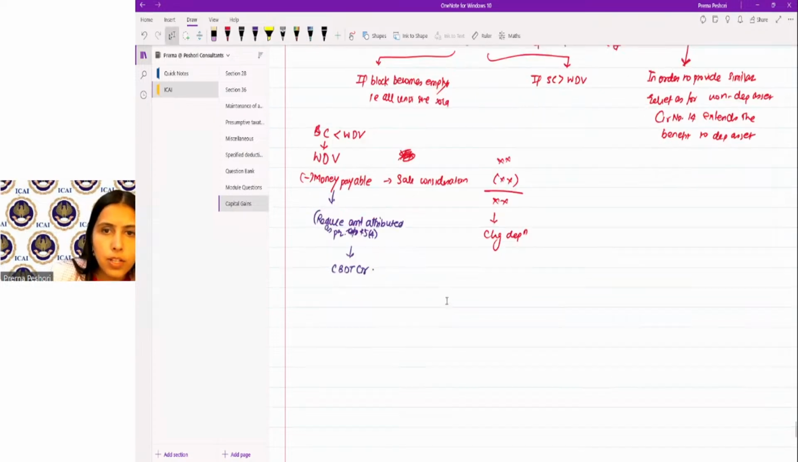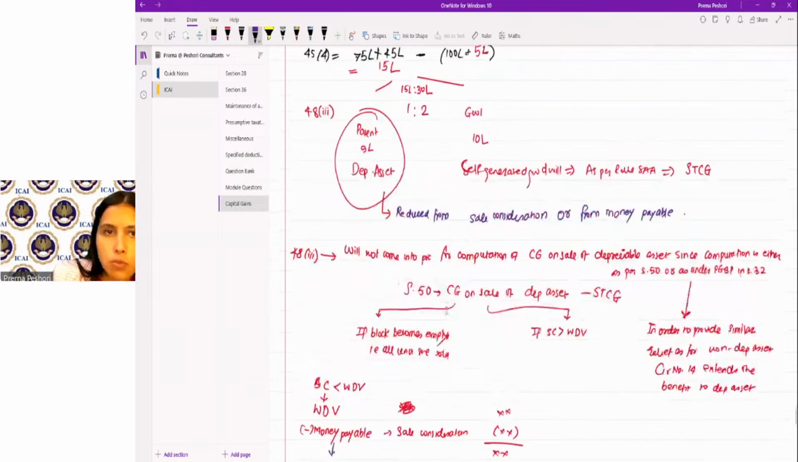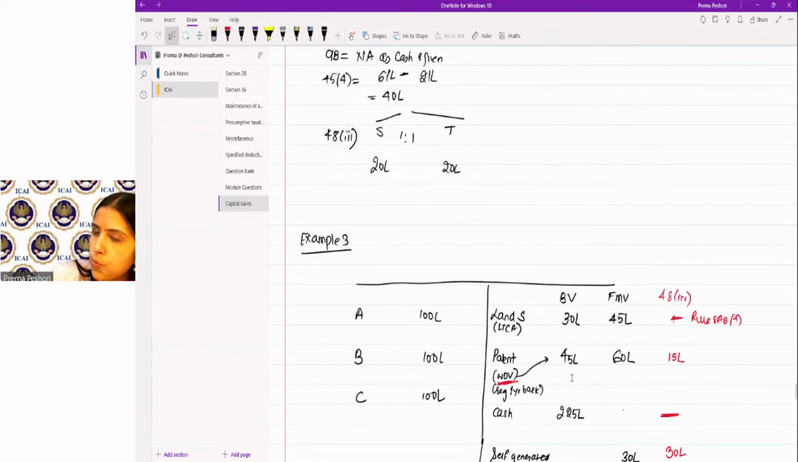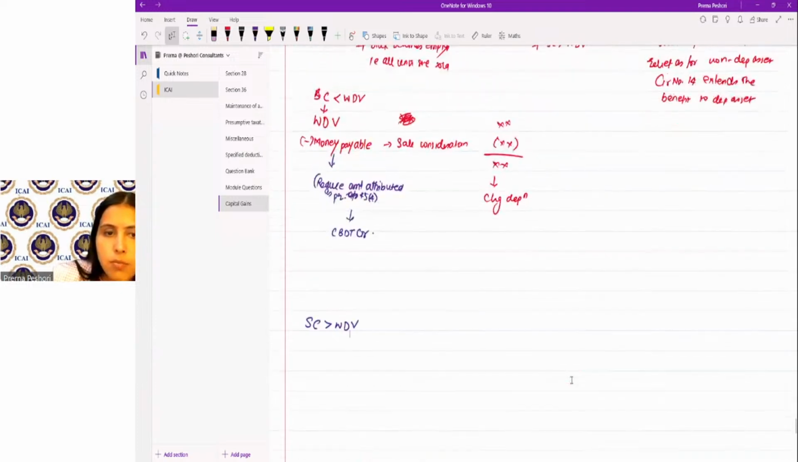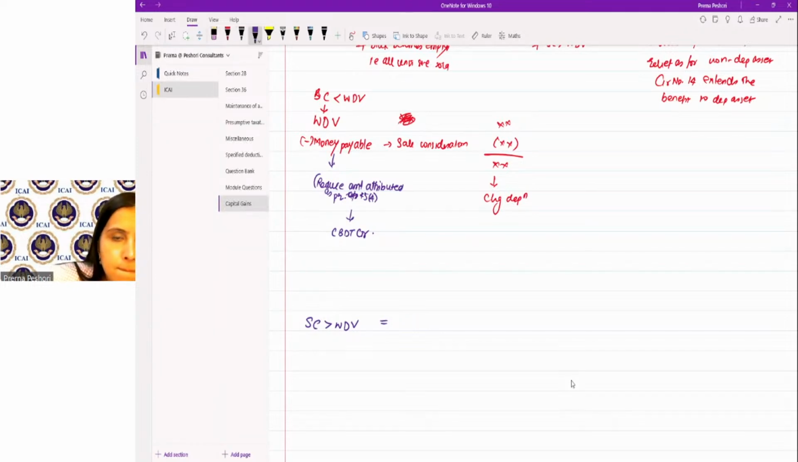So let's say I'll give you an example. How will you write it in the exam? So let's say if my sale consideration is greater than WDV, in this case only, let's assume the WDV of patent is 45 lakh, right? So let's assume my sale consideration is 60 lakh. So this is greater than 45 lakh. So how will I do? So here, sale consideration equal to 60 lakh minus